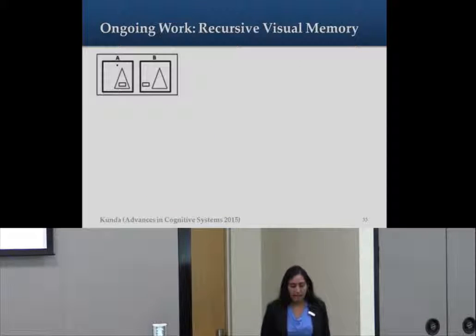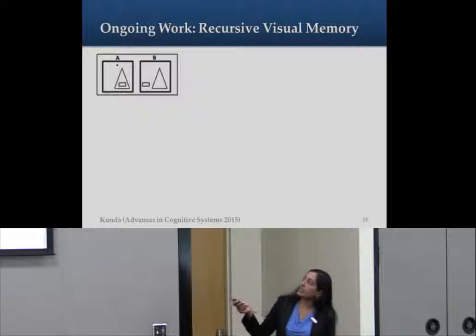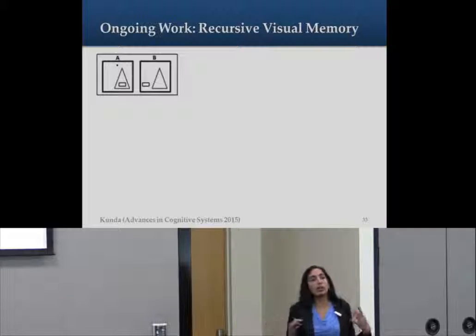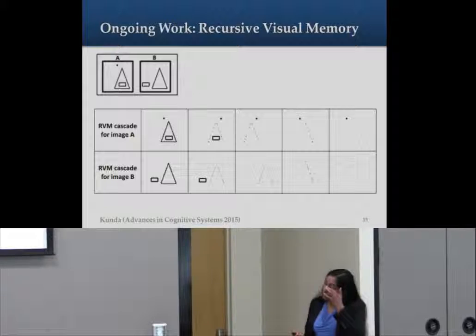The first is that one limitation of the current model is that it only does the transformation induction in one pass. So it can only use one transformation to try to explain what's going on in one of these problems. If you look at a problem like this, which comes from a different analogy test, you'll see that there are multiple elements and different things going on. And it sure would be nice to be able to say, well, the rectangle moves over and the dot disappears, and deal with it in a step-by-step way. So what we're doing is